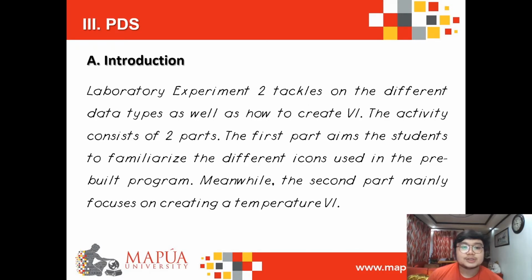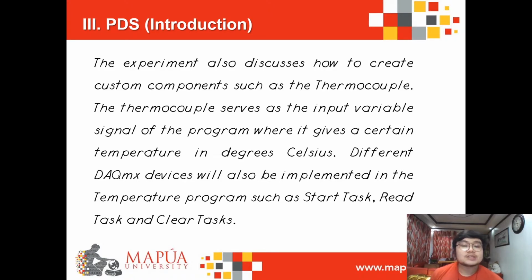First is the introduction. So laboratory experiment 2 tackles the different data types as well as how to create VI. The activity consists of two parts. The first part aims for the students to familiarize themselves with the different icons used in the pre-built program. Meanwhile, the second part mainly focuses on creating a temperature VI. The experiment also discusses how to create custom components such as the thermocouple. The thermocouple serves as the input variable signal of the program, where it gives a certain temperature in degrees Celsius. Different DAQmx devices will also be implemented in the temperature program such as start task, read task, and